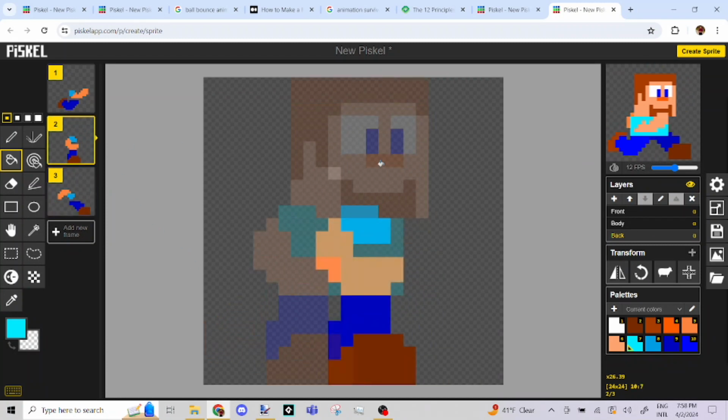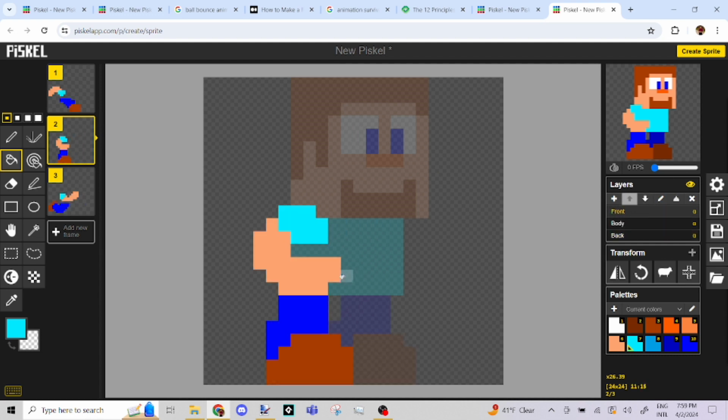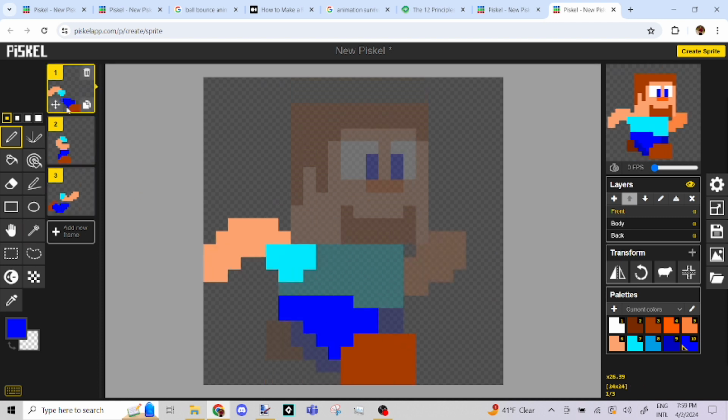Now that I'm seeing them all together, I think this frame is making me mad. This one where he's standing up still. It looks like I need to close his thighs a bit. So what I'm gonna do is go to my front layer where the front leg is. I'm gonna take this leg and just make it slightly thicker so that it closes up. So then all together,